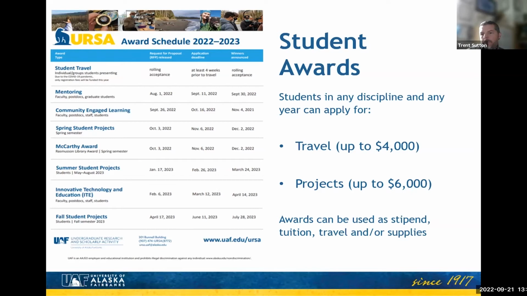And that's another area where there's most of the funding. I would say most of the funding for a student project award goes towards stipend and then project supplies, like whatever you might need. And that's highly variable depending on the project. And this is where, sometimes, talking to your mentor or working with your mentor on developing the proposal, which I'll talk about here in a bit, is pretty handy. But also, as Aaron mentioned a bit ago, going to the URSA office and looking at previously funded URSA projects and looking at those proposals and getting a sense for what they covered in the past can be really helpful as you're developing, especially the first time.